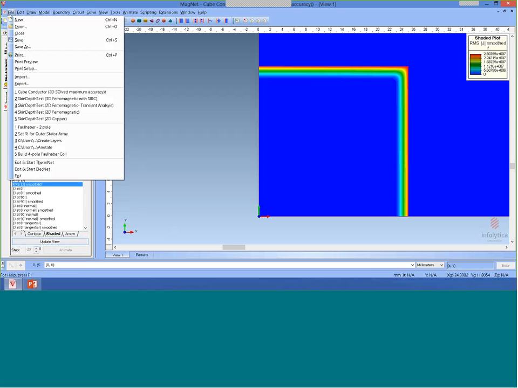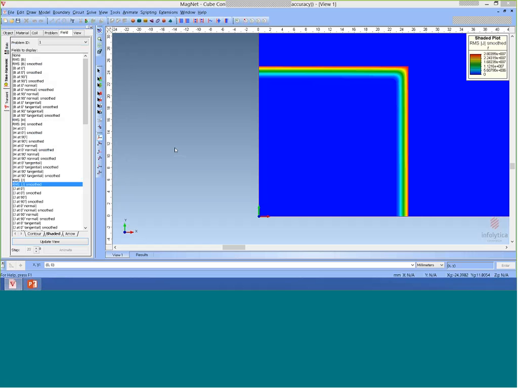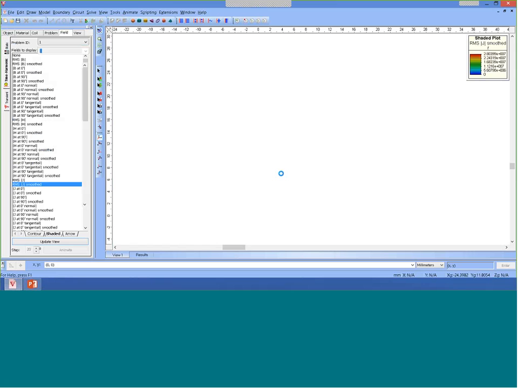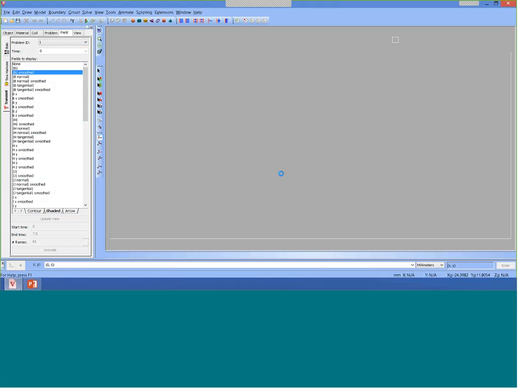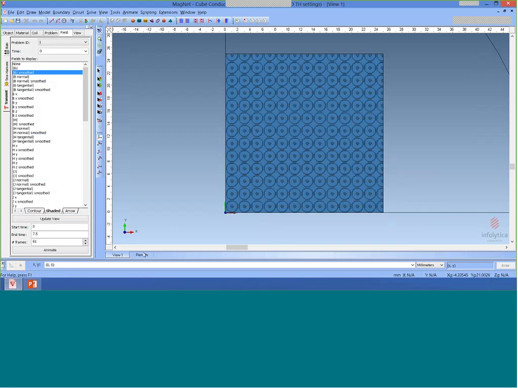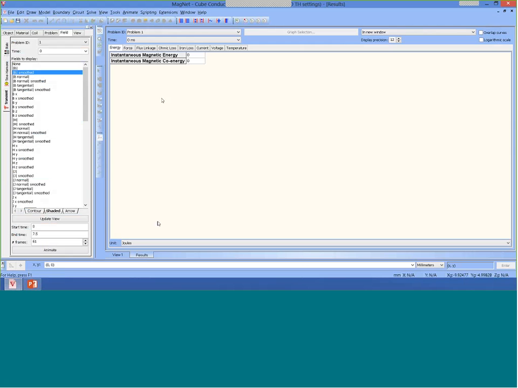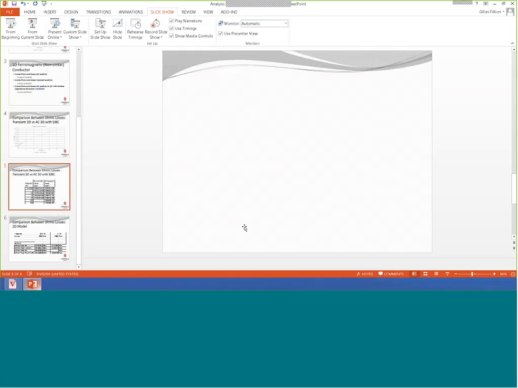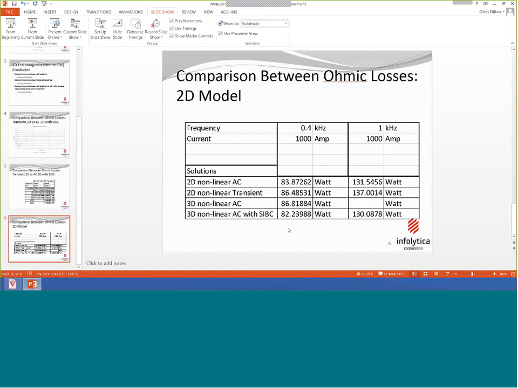And for that, we can open up the Transient. And we can do the same thing there. We could run the same Transient 2D simulation. But what's important really for that Transient simulation is going to be what we get here in the ohmic loss. So we have our number here, and I'll just bring up very quickly the results I get for that,